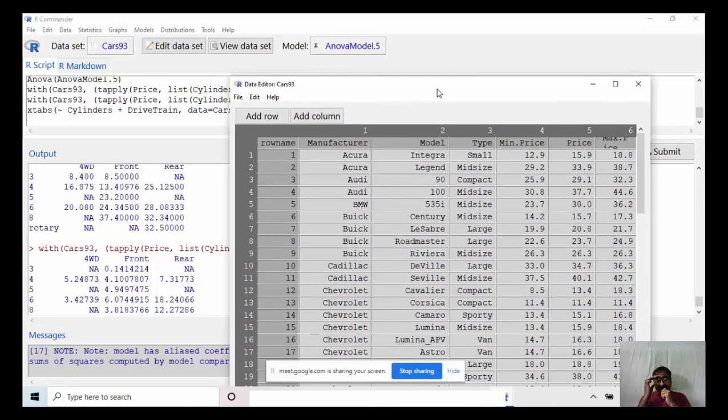Since you are from a non-statistics background, it is better to choose R Commander because it will not require you to type any command, and everything is menu driven. Once you are acquainted with the different statistical measures and how they are calculated, it will be better to use Python, because the graphics options are much better in Python than in R. But for basic data analysis, R is better for beginners. That I think.